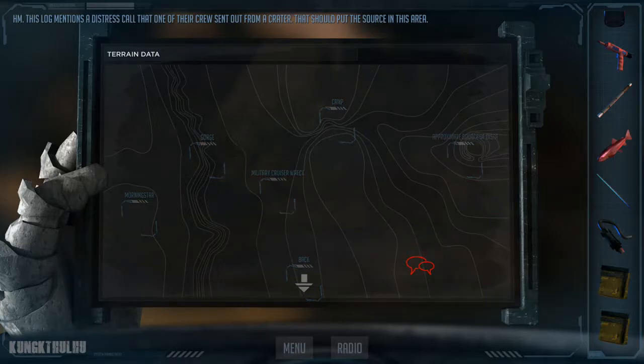This log mentions a distress call that one of their crew sent out from a crater. That should put the source in this area.